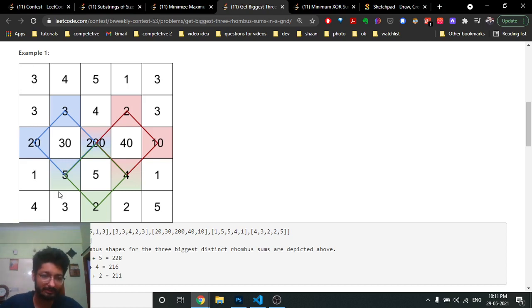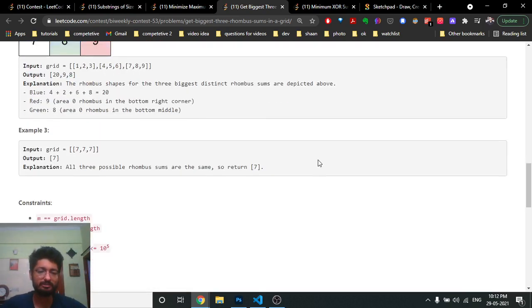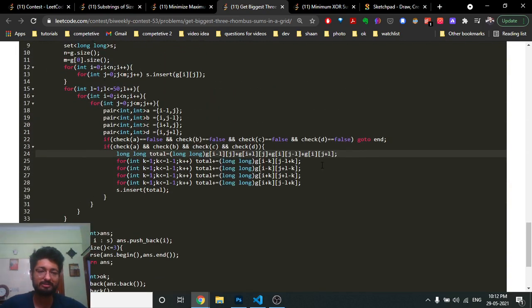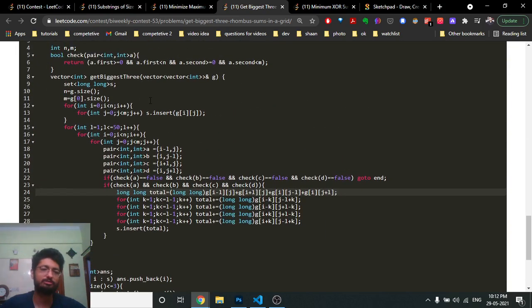then iterate in this manner, and find out all the possible lengths of that rhombus, and just iterate for all the possible rhombuses you can build. It's just a brute force implementation, but you just have to understand the implementation. I can show you the code part, though it's big, I'll tell you how it's not too difficult.